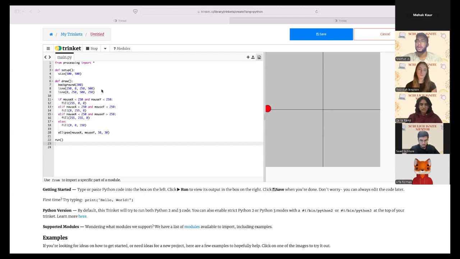So draw, set up the background, and then put in four different lines that go vertically and horizontally. Here, the draw function is a constant loop, so it keeps running. So it always keeps checking, hey, is the mouse X less than 250? And is the mouse Y less than 250? So it starts by going through this one. If this one is false, so this one would give us,